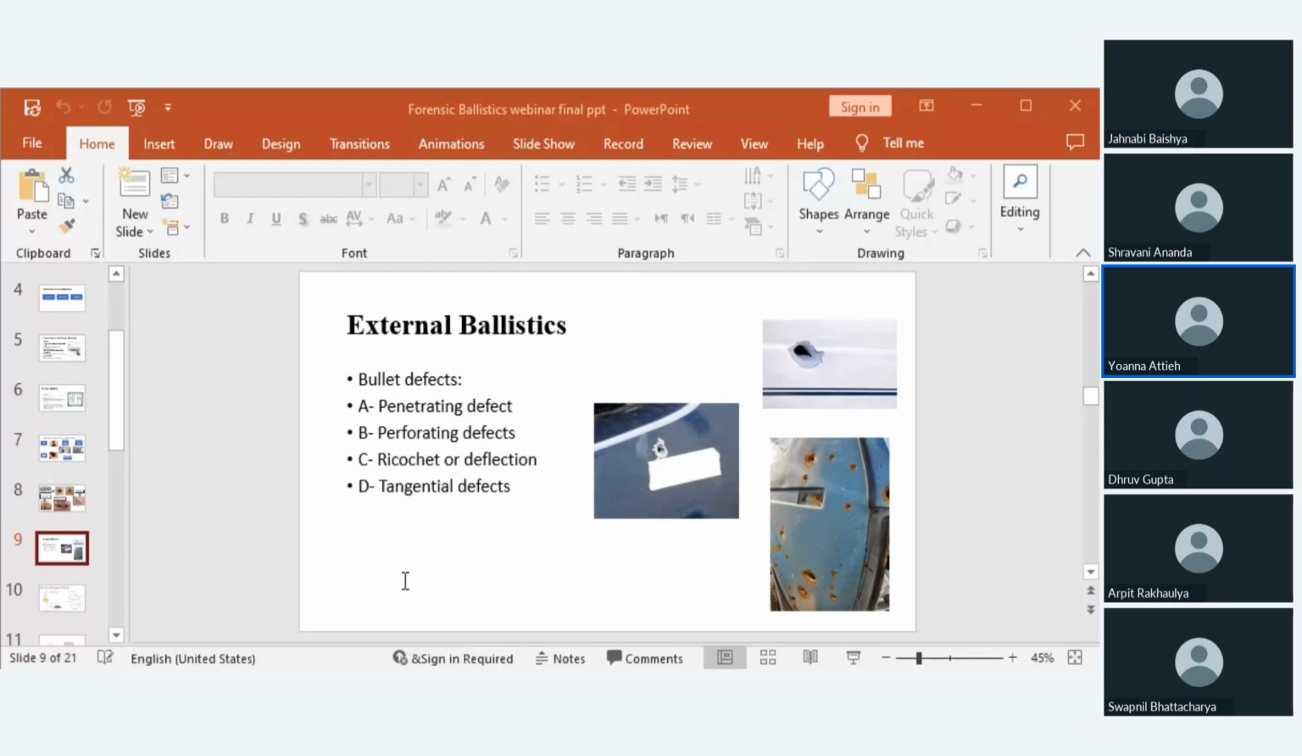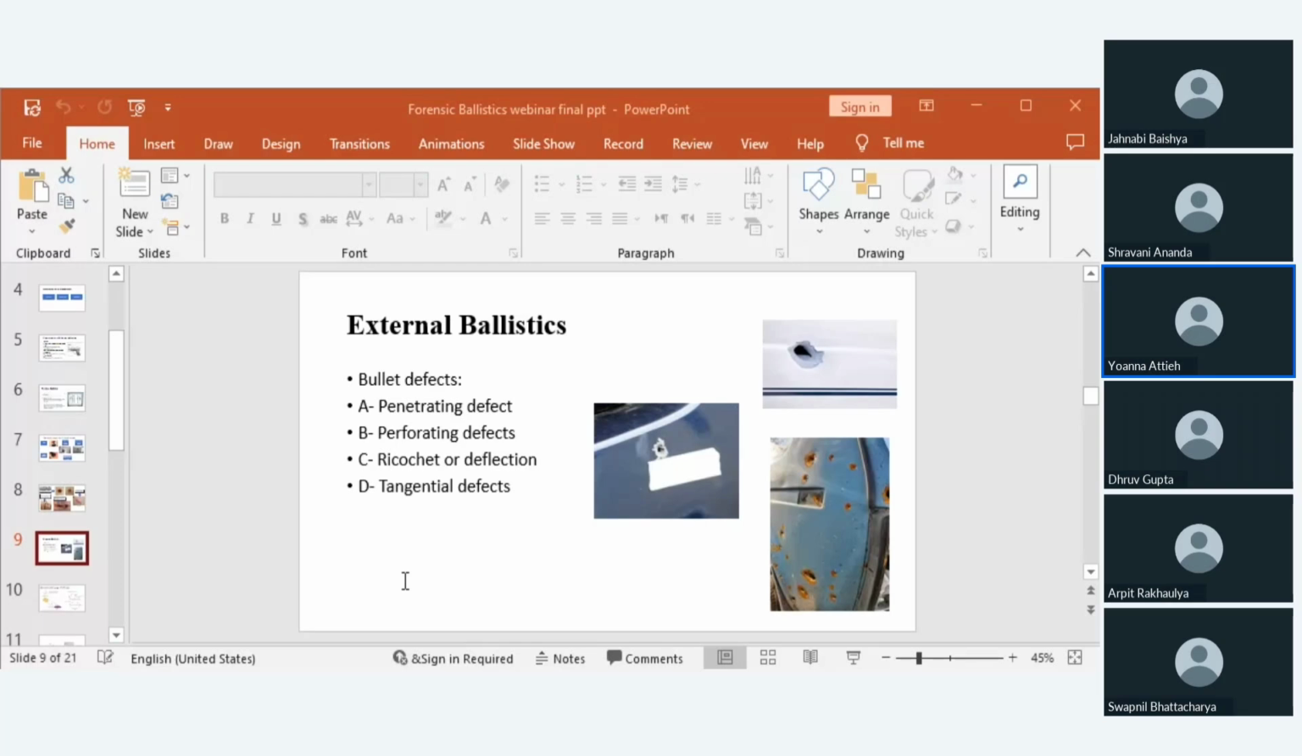So the most common categories include penetrating defect, perforating defect, ricochet or deflection defect, and tangential defects. When talking about penetrating defect, I want you to know that this occurs when a bullet enters a surface but does not exit, leaving only an entry hole. This type of defect is typically observed in soft materials such as wood or drywall, where the bullet may lodge